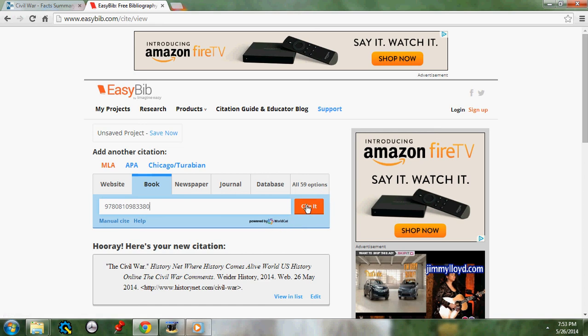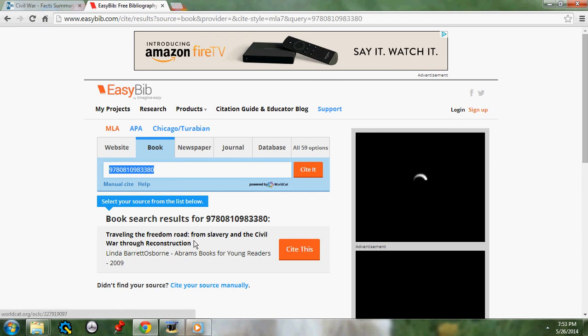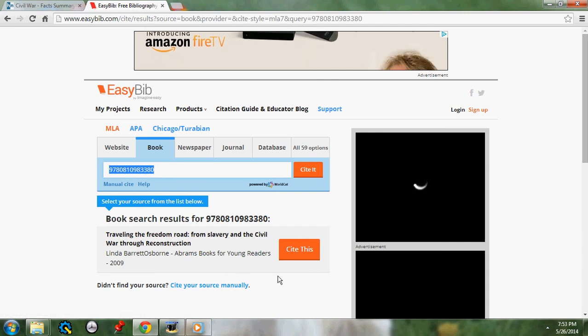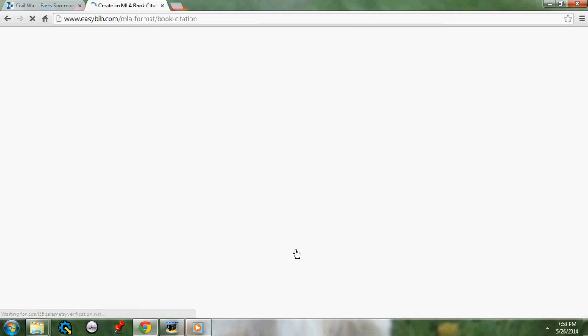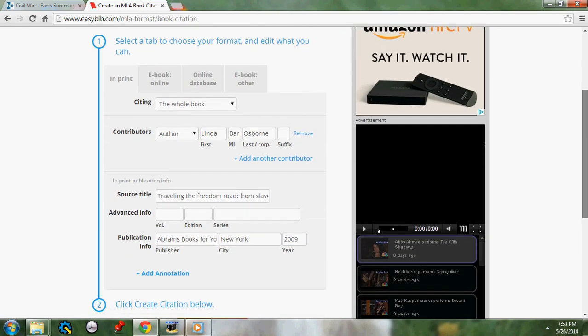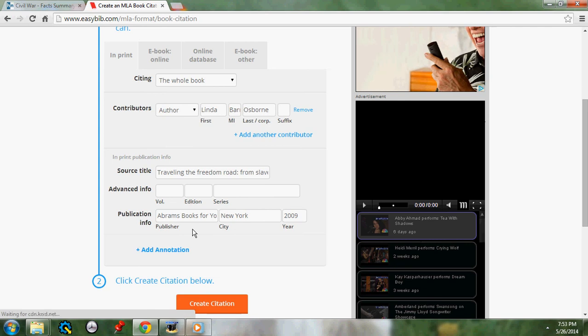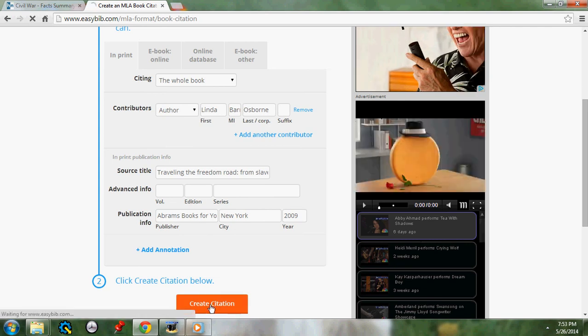And then I'm going to click Cite It. Okay, and here's my book. So all I need to do is click Cite This. EasyBib takes the information I need for my book citation and fills it in the blank spaces. I'm going to click Create Citation at the bottom,